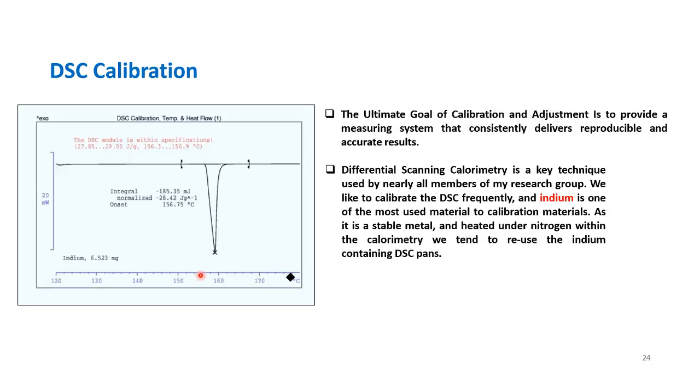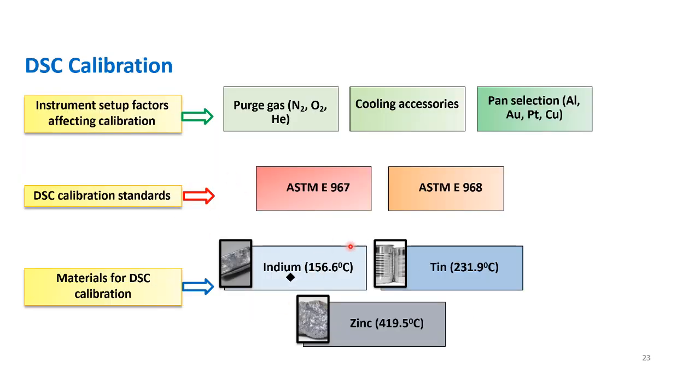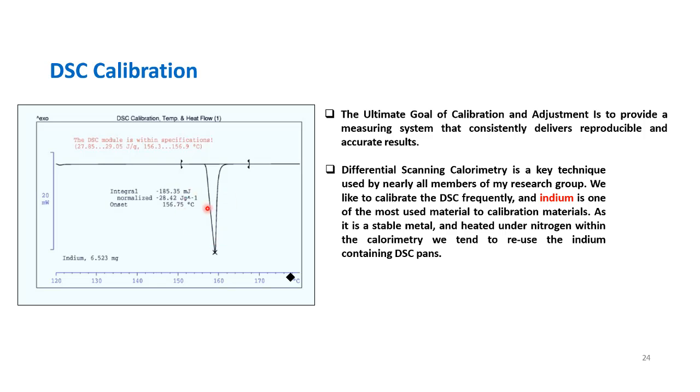So this is a typical DSC calibration graph, and we know that for this particular material, which is indium in this case, the peak has to come around 156.6. If it is coming at the exact same position, then we know that our calibration is correct. Also, we can get the area from the calculation, and we know how much energy is coming for this, and that can be cross checked with the standard one.